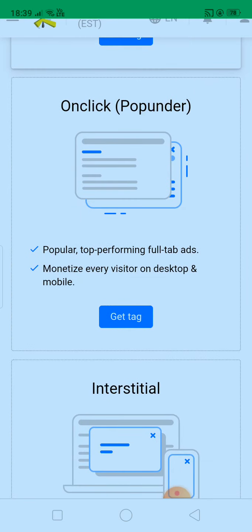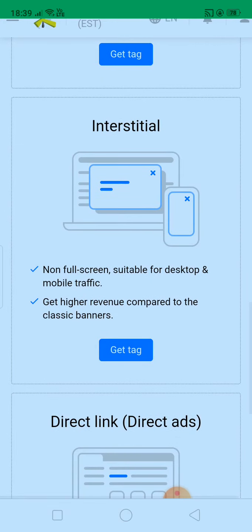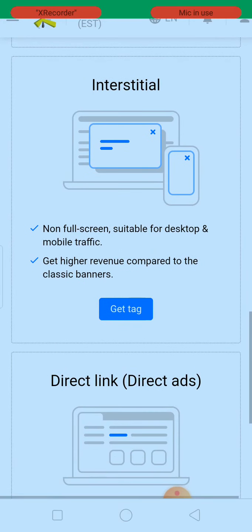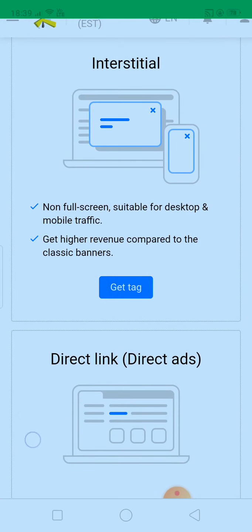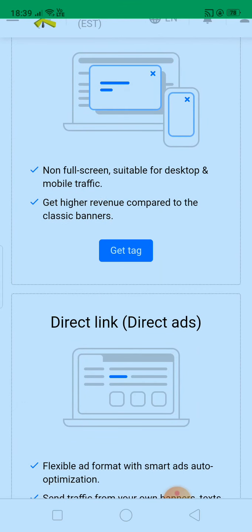On-click pop under: if someone clicks on a link on your website, then the ad will appear like a pop under. This one is non-full screen, suitable for desktop and mobile traffic, with high revenue compared to classic banners.